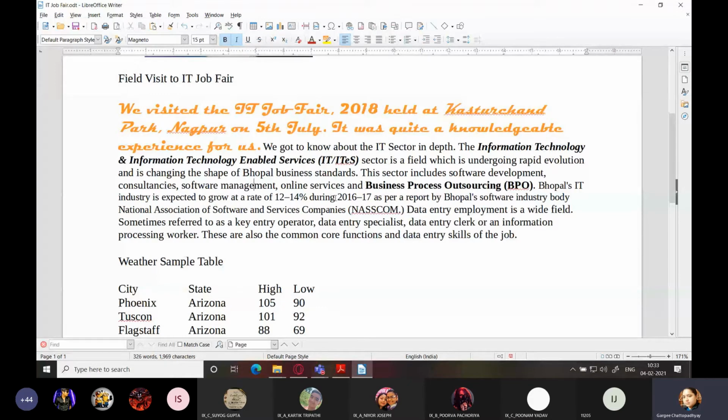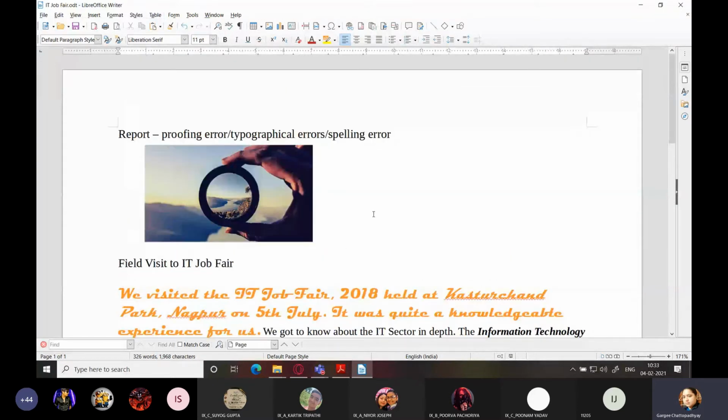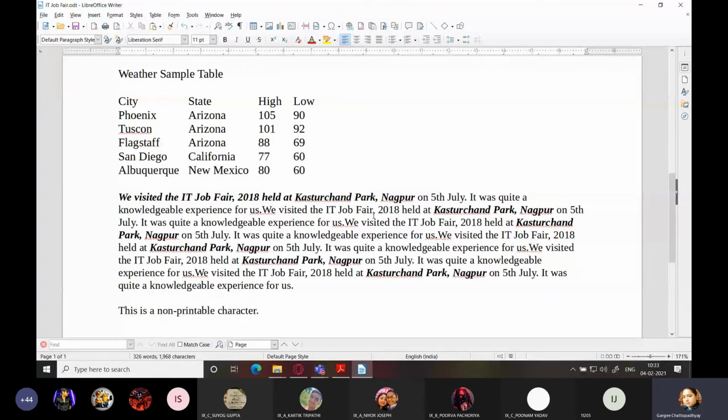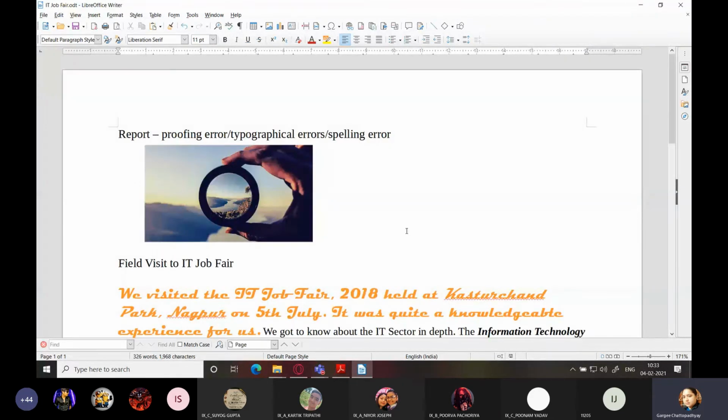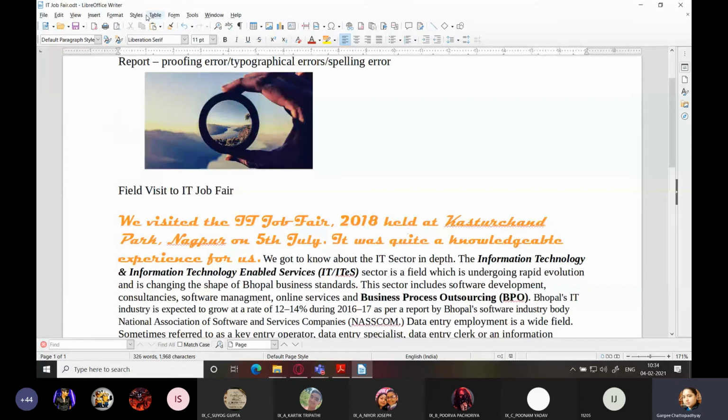Like management, I missed out on E. Right now it is not recognizing this. Let me save it and see. Maybe when I start this, see, some spelling errors can easily be recognized. Now it might not be as efficient as the spell checker of MS Word. So certain errors which we commit, it might not highlight at that time, but after some time it might do it.